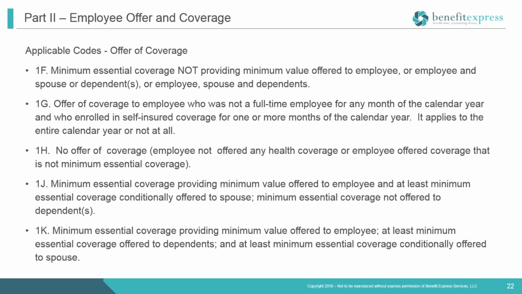Here, minimal essential coverage 1K, providing minimum value, and at least minimal essential coverage offered to the dependents, and at least minimal essential coverage conditionally offered to the spouse. So if you have conditional offers to the spouse, again, if you use 1J, you could be penalized because you have to offer coverage to the dependents. 1K, there's no problem. But that reflects the conditional, and this is the second year we've used this. So you have to decide, and there could be situations where 1H is fine, and